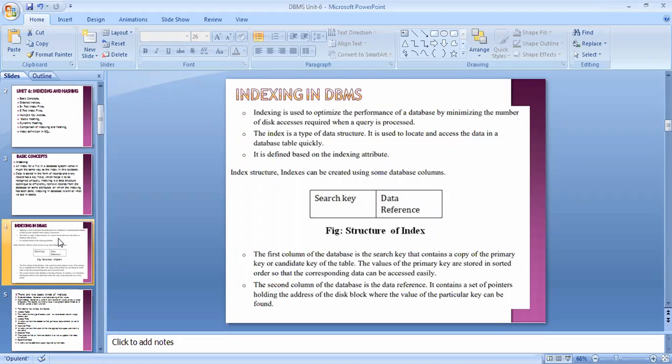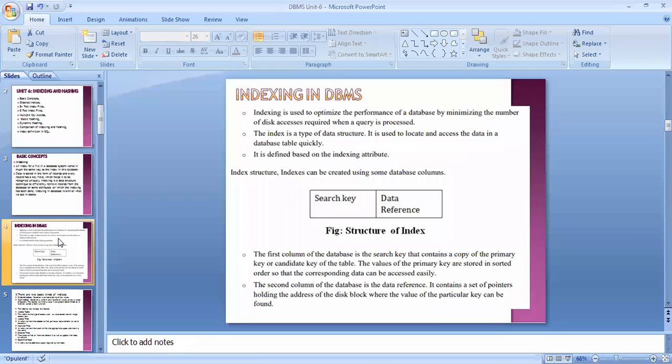As an end user, we just fire the query and request our DBMS, but at the backend, many processes are going on. We get the result very quickly because internally we are applying indexing to the stored data,